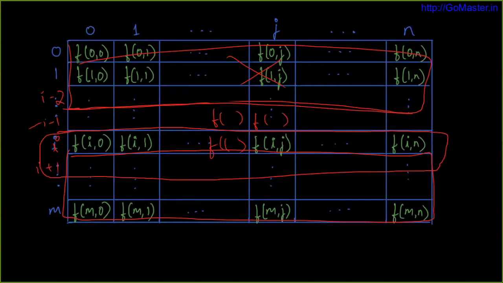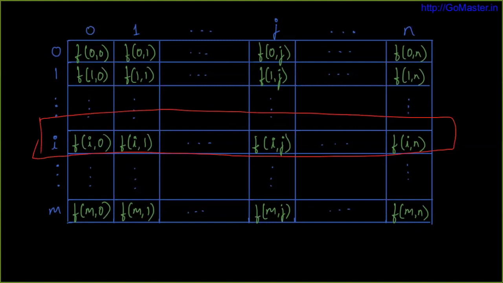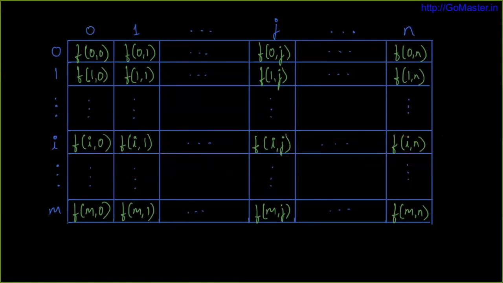So I just need a kind of window of two rows at any point of time, where the previous row is the first row of that window and the current row is the second row of that window. When I'm done computing the current row, I slide this window by one, so the current row becomes the previous row and the next row becomes the current row, right? If we do it this way, we can save space. Instead of taking m plus 1 rows, we need only 2 rows, right?